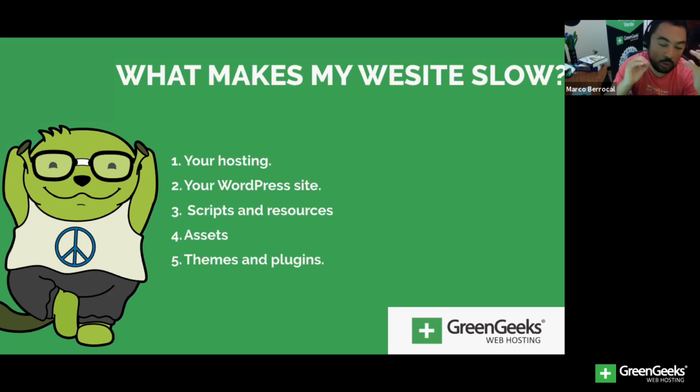I'm actually connecting to a server which has an address, and I am telling the server, listen, I am going to greengeeks.com, give me the homepage. So the web server will in turn say, does the homepage exist? The server will say yes. It's going to load all the assets. It's going to load all the files to you,